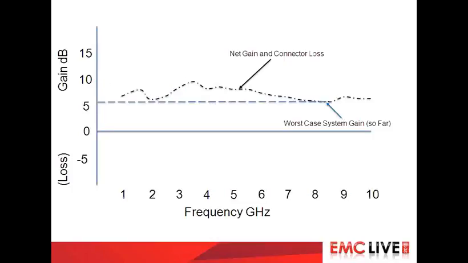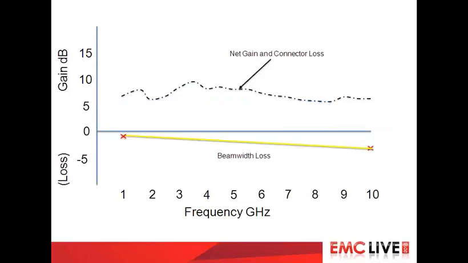So here we are, starting with where we were, with a visualization of our overall system performance. And now if we add our beamwidth loss, as just mentioned, at 1 gigahertz, there's your 1 dB of loss. And at 10 gigahertz, there's your 2 dB of loss. So is that 2 or 3? It looks like I've got 2 or 3. Anyway, this isn't being exact, this is more visual. You can see that if you drew in your beamwidth loss there,